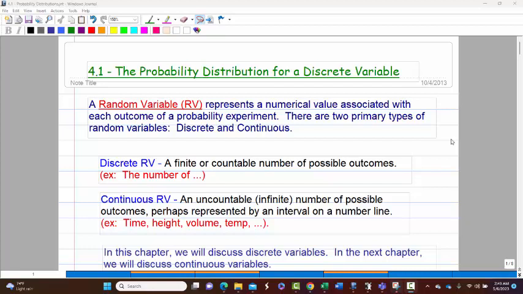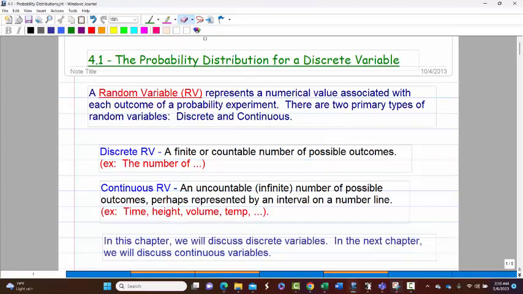And there's two primary types of random variables, discrete and continuous. Let's define what each of those are. Discrete is a finite or countable number of possible outcomes. Now, anything that starts out as the number of something, for sure it'll be discrete. But it can also be discrete where it only takes specific values, and we'll see some monetary type of problems later